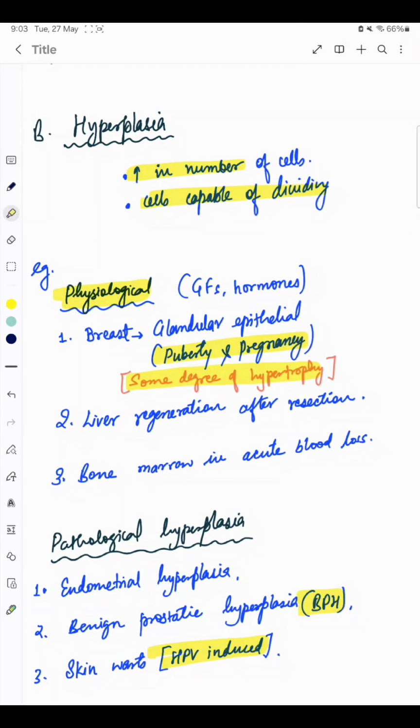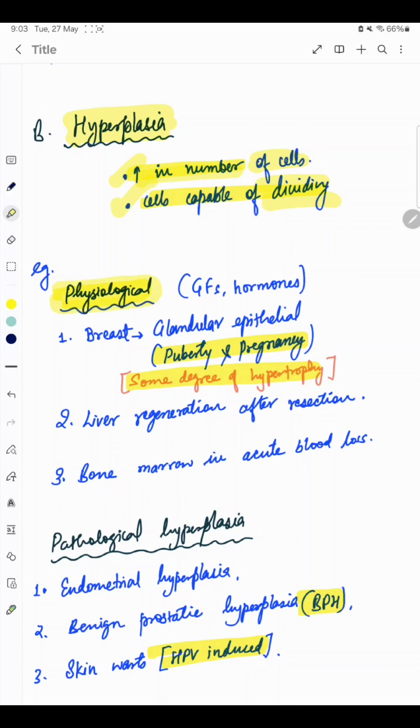Now we will see hyperplasia, another form of cellular adaptation. As we have seen, in hypertrophy there is increase in the cell size. In hyperplasia there is increase in the number of cells, and as the increase in number of cells is noticed in hyperplasia, this mechanism is possible only in cells capable of dividing. So, examples of hyperplasia: